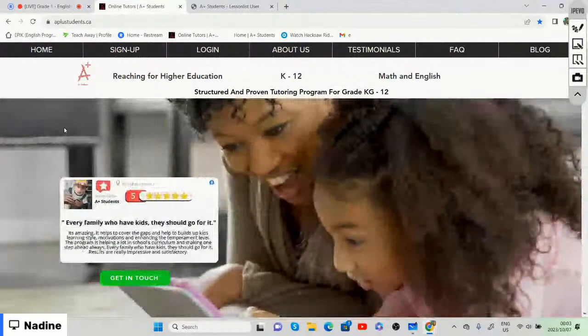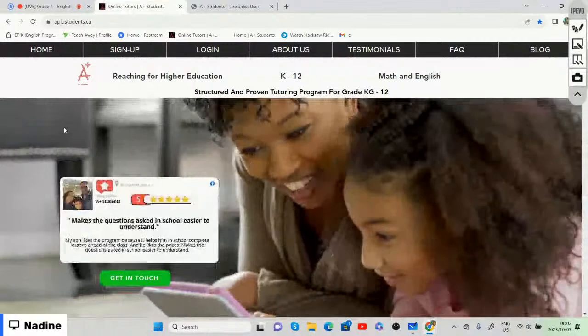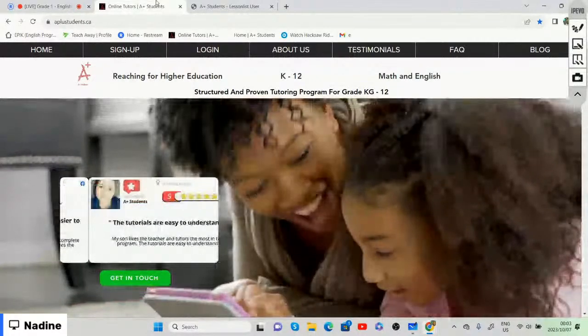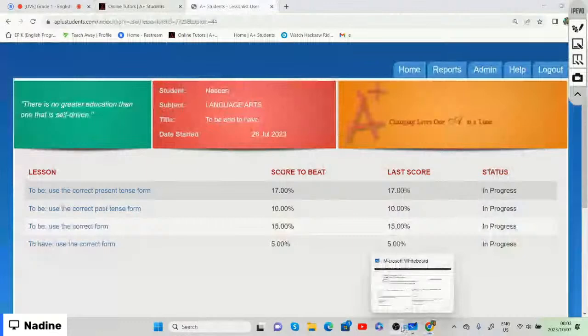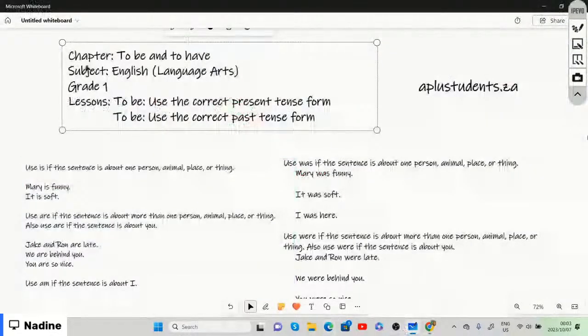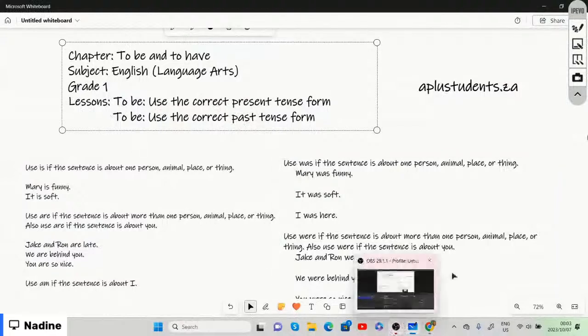Then we're going to scroll down until we get to the chapter of to be and to have. So the chapter for today is to be and to have. Our subject is English, which is language arts, grade 1, and the lessons that we are focusing on today is